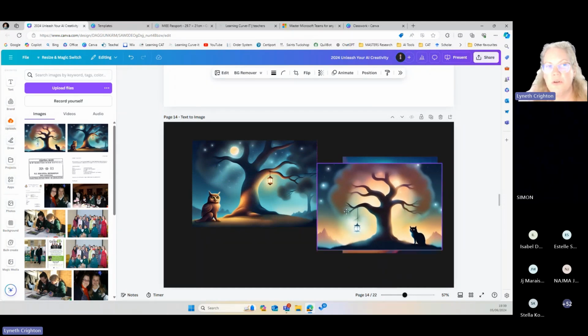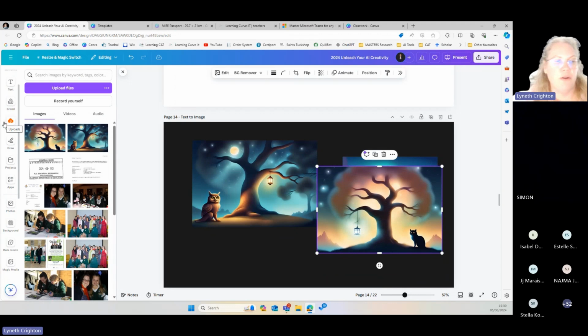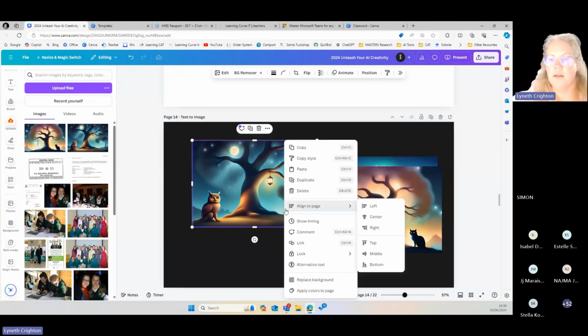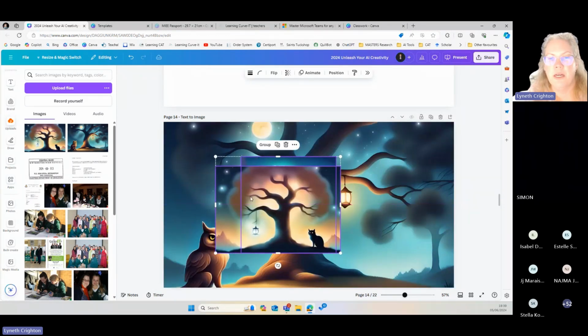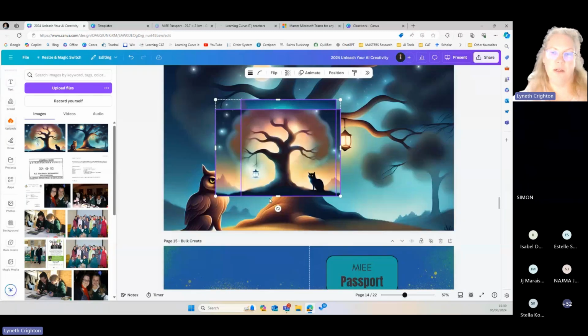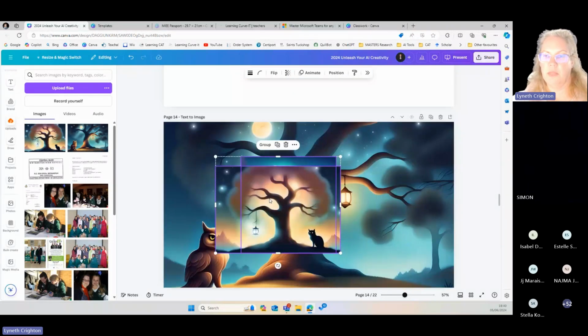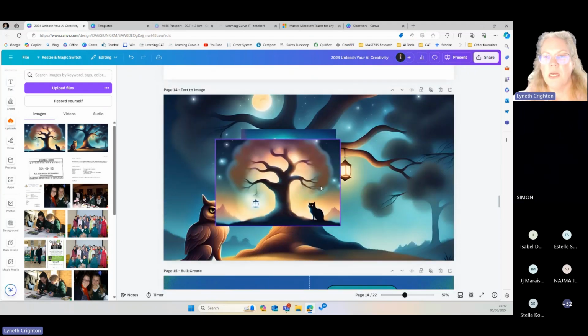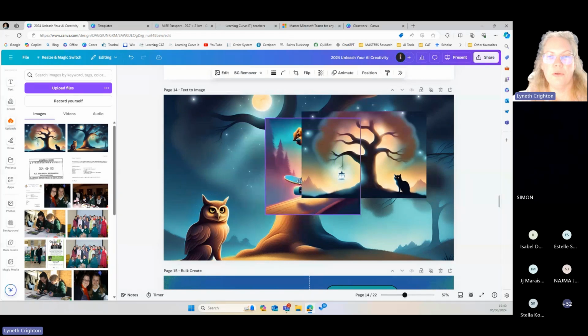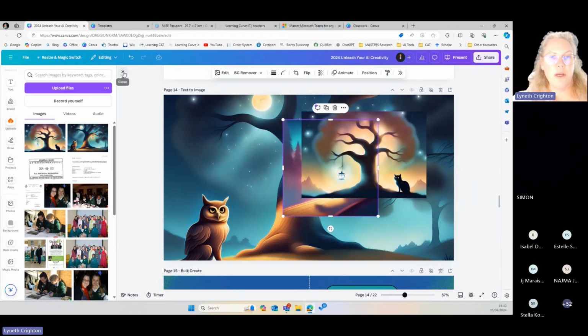And obviously you can magic erase on top of these things. If I replace the background, I can get a big version, and I could add a space rocket or something, or a quote.